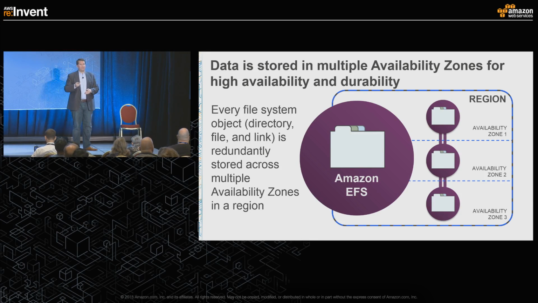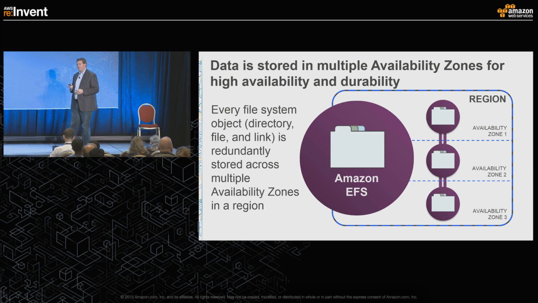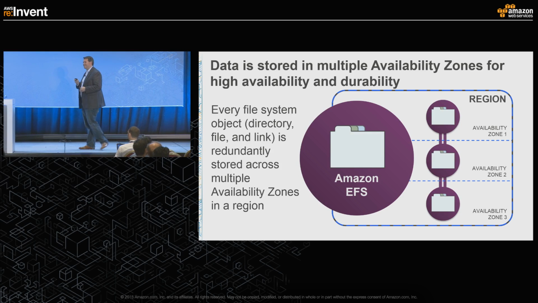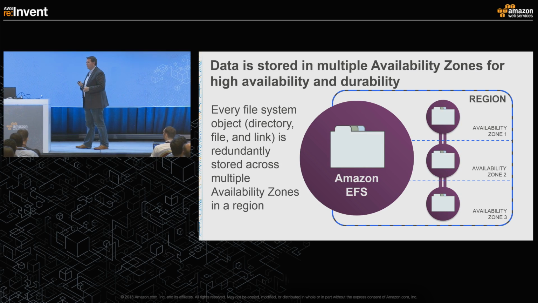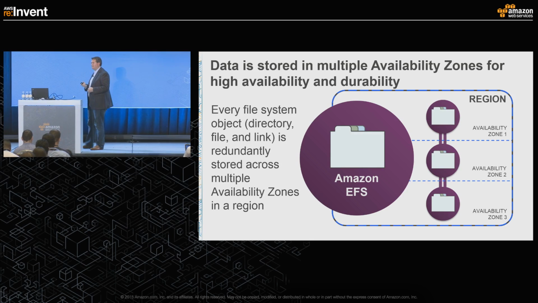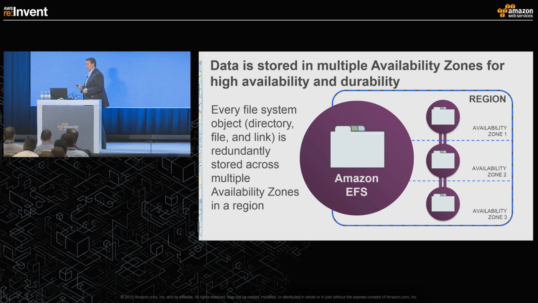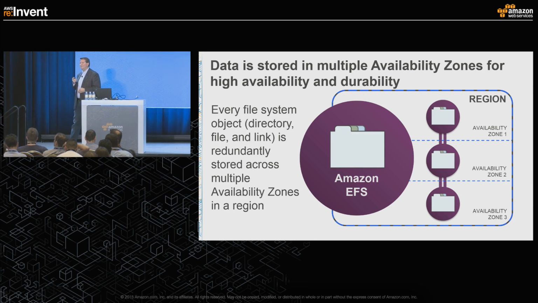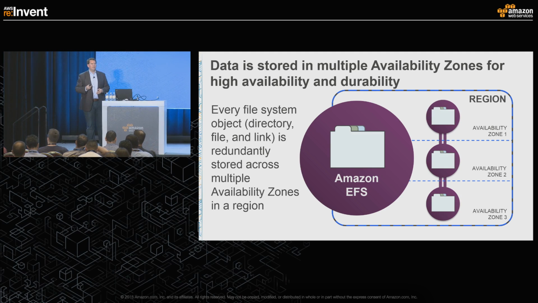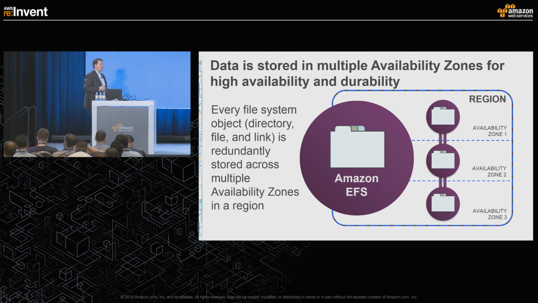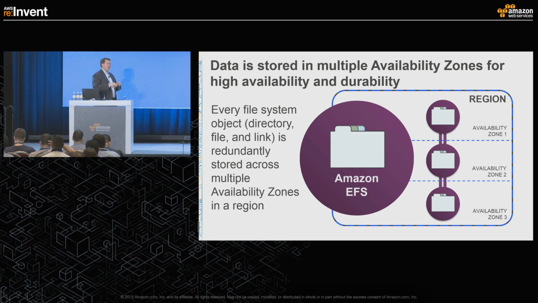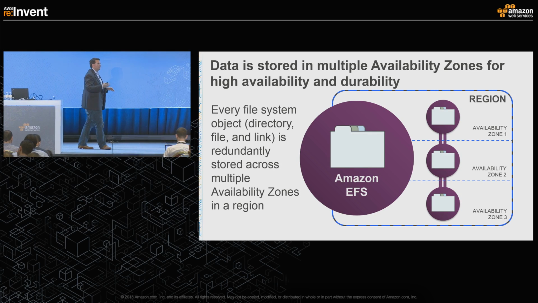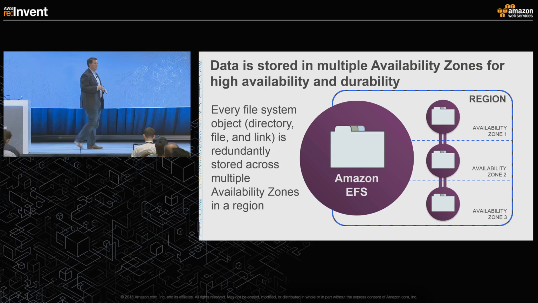For Amazon Elastic File System, data is stored in multiple availability zones, and we take advantage of those multiple AZs for the purposes of high availability and scale. If you have job requirements where you have resources in multiple AZs and need to have access to the same file system, this is the capability that EFS delivers to you. And it delivers it to you in a strongly consistent manner. That is, as soon as your EC2 instance writes data into EFS, before it's acknowledged back to your application, it is stored and persisted in multiple AZs, such that compute instances in those other AZs can interact with the content and move on for additional computing purposes.